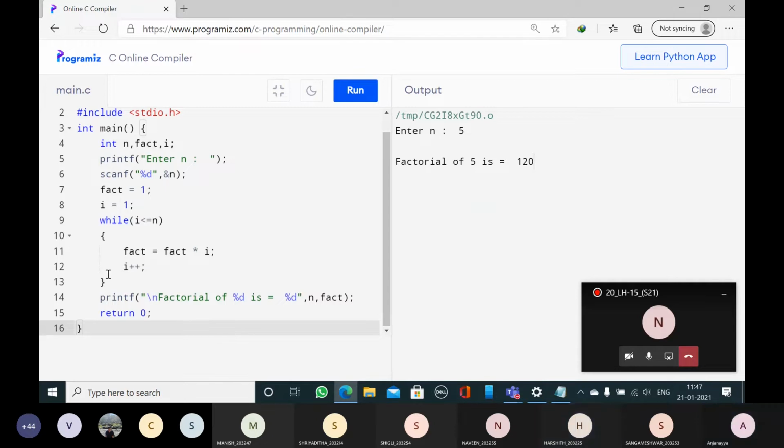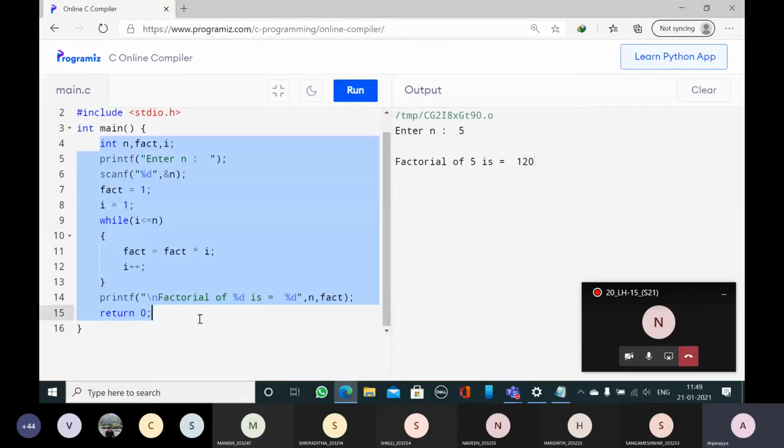Yes, sir. So in this factorial, I have just changed the names. Earlier it was sum, but now we are writing a factorial program, so I have changed the name to fact. The initial value of sum is 0 because we were doing a sum there. Here we are doing factorial, so the minimum value of the factorial is 1, so I changed it to 1. The remaining is the same. Only 3 things changed: the name as fact, 0 as 1, and plus as into. So this is the factorial of a number using a while loop.